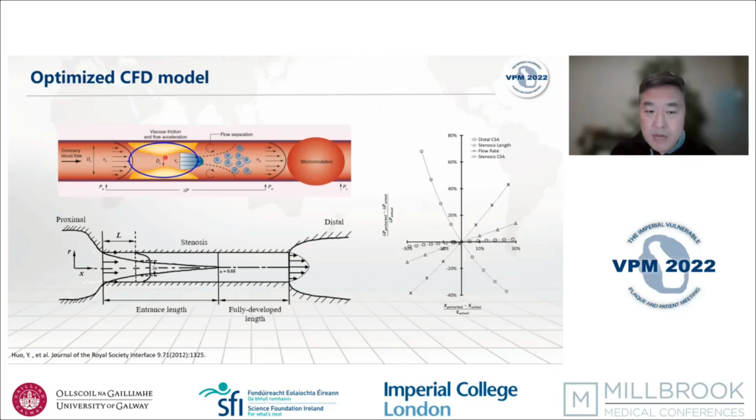The minimum diameter has maybe 45% effect on the FFR, and also the inlet blood pressure, the aortic blood pressure, and the length of the blood vessel, as well as the inlet and the outlet diameter, have almost 20 to 30% effect on the FFR. So the best way to determine the